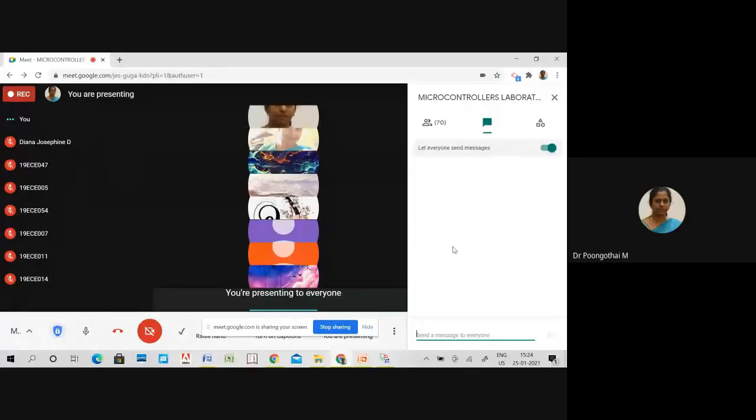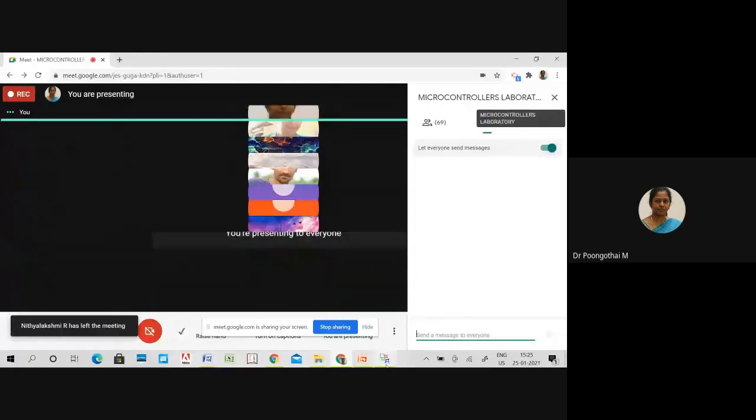What is the size of your general purpose register memory segment? 32 bytes. Okay, what is the next segment? 16 bytes for the bit addressable area and the remaining 80 bytes for your scratch pad memory.